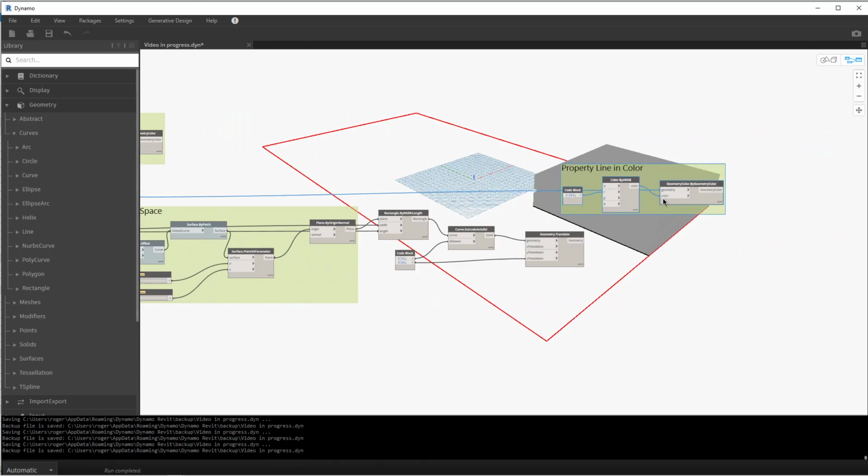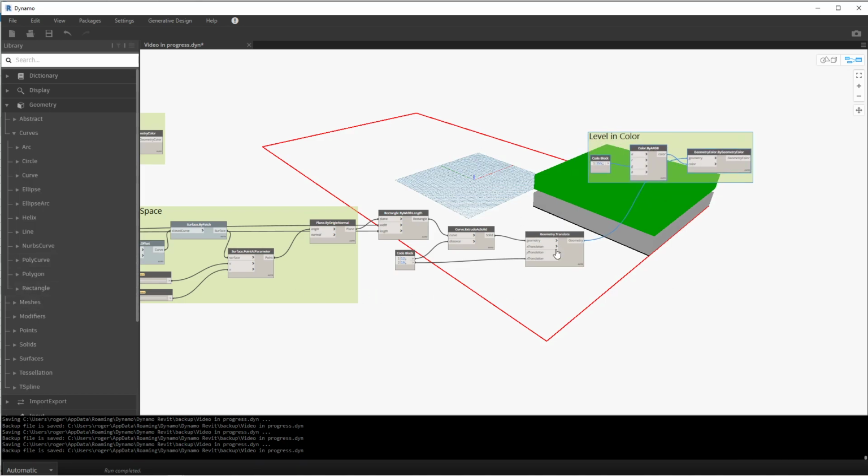And we'll feed our geometry in here. It happens to be red. We want another color, so let's just move this to green. And we'll call this level and color. All right, now obviously our first one isn't fed into that geometry, and we'll go through and correct that